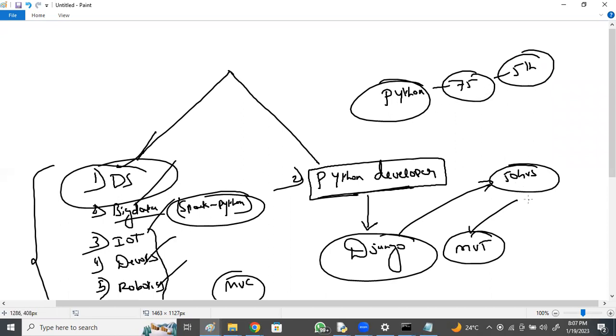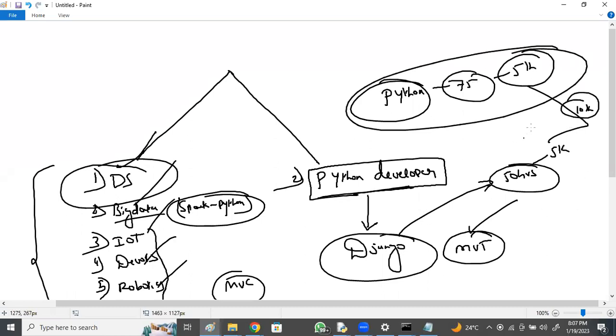And if you want the entire full stack with Django, totally it's 10K, right? So it's only Python, or Python plus the Django framework, including HTML, CSS, Bootstrap, JavaScript covered along with Django.